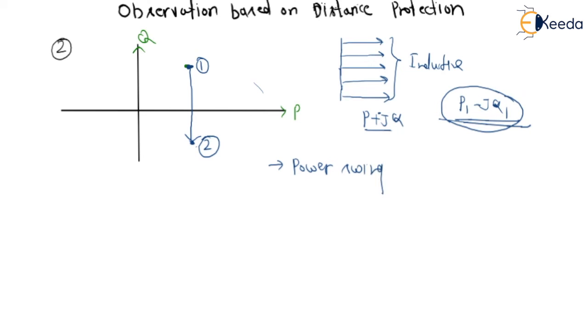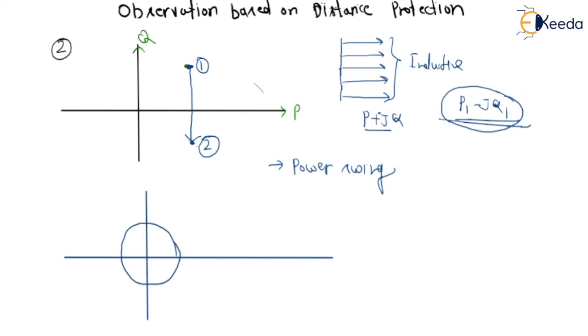So see guys, when we are trying to protect against power swing and we use an impedance relay, what will happen? See clearly. Let us assume we are taking an impedance relay. Impedance relay means we will have a circular characteristic. Circular means this will be our operating zone and this will be the non-operating zone. This is X and this is R. You can say this is P, or you can say this is Q.